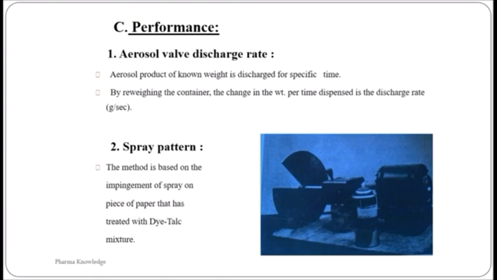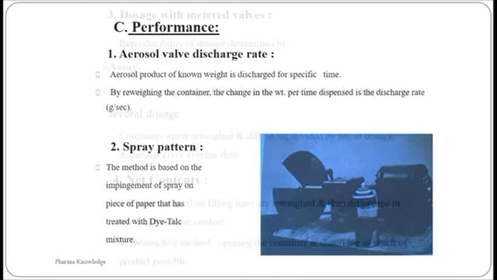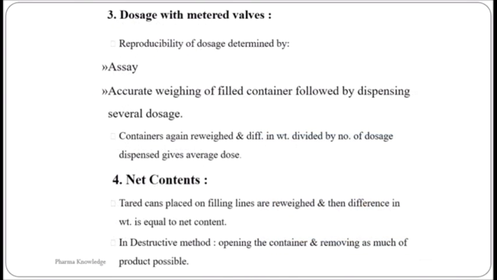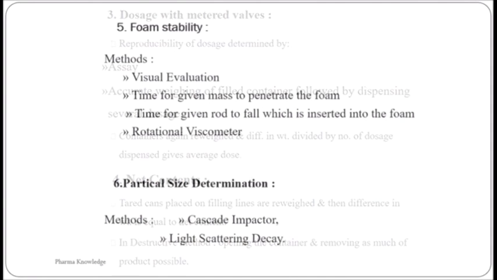with the aerosol product chilled to a temperature of about minus 25 degrees Fahrenheit and transferred to the test apparatus. Then the test liquid is allowed to increase slowly in temperature, and the vapor ignites. The temperature at which ignition occurs is known as the flash point. So the third characteristic is vapor pressure. This vapor pressure is measured with a pressure gauge, and a puncturing device is available for accurate measurement.